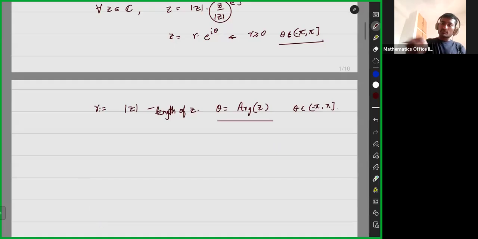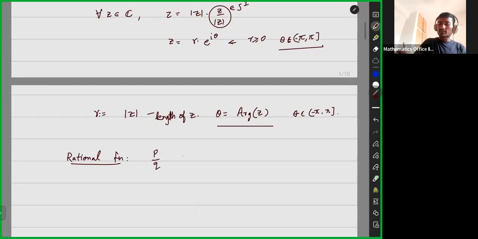So first of all, rational functions are basically of this form, P by Q, where P and Q are polynomial functions, or in fact, we can take them holomorphic, but we have to restrict our domain